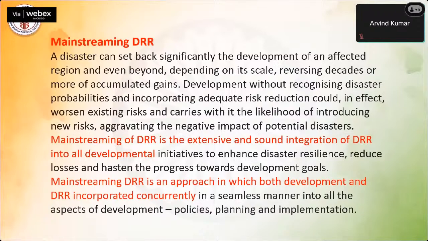So disaster can set back. Now, why is it required? Because a disaster can set back significantly the development of an affected region and even beyond, depending on its size, significance, scale, reversing decades of accumulated gain. Whatever development we have, if a disaster comes, it can set you back by decades unless it is properly handled and managed. Development without recognizing disaster probabilities and incorporating adequate risk reduction could, in effect, worsen existing risk. I think this is very clear. Development without recognizing disaster. That means if the disaster is not mainstream, if we insist only on development, okay, we have